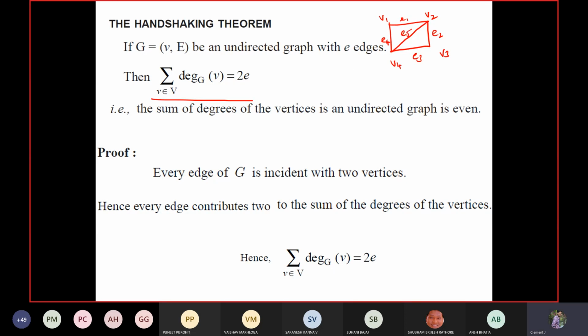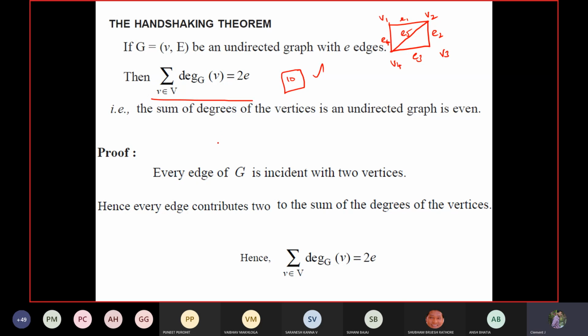Okay. So here, what they are saying is, if you add all the degrees of the vertices, you will get the answer as twice the number of edges. Here, this graph has totally 1, 2, 3, 5 edges. 2 into 5, the answer should come as 10. Initially, I can just fix. Let me check the degree of V1.